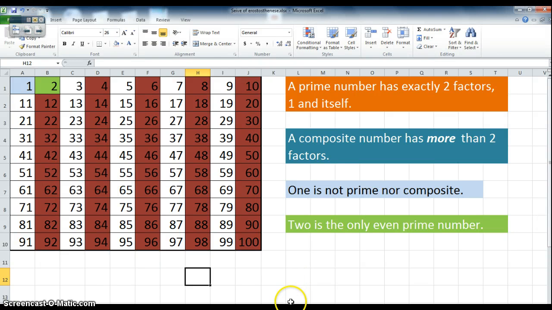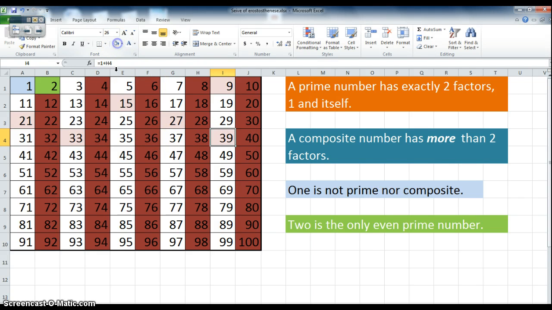The next number we encounter is 3. So now we're going to count by 3s. 3 is prime, so just leave it white. 6, 9, 12, 15, 18, 21, 24, 27, 30, 33,